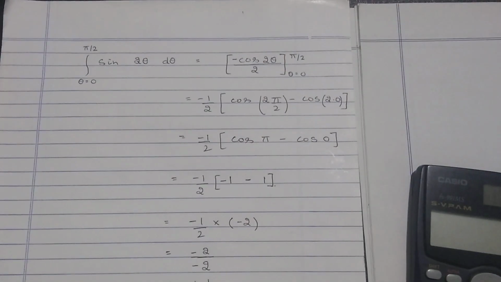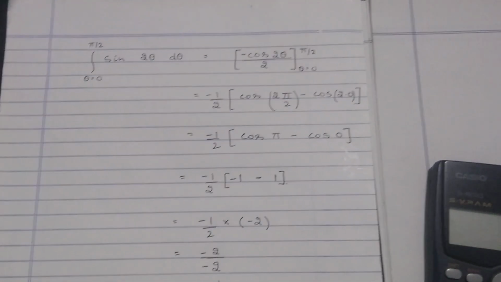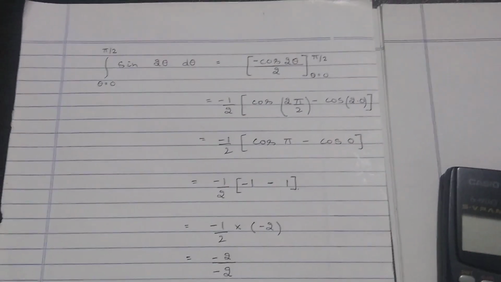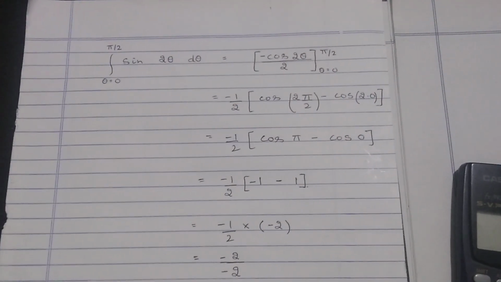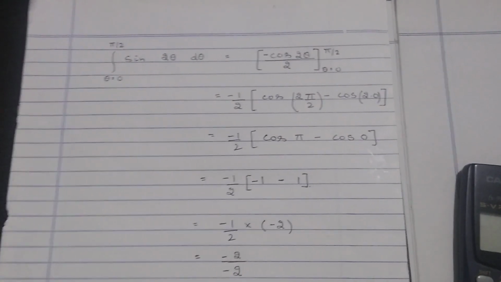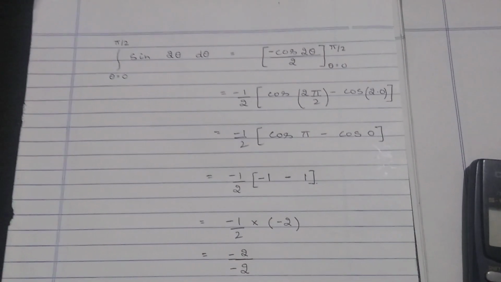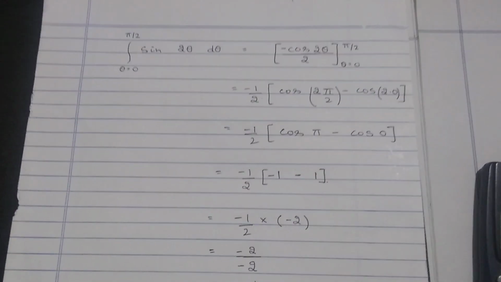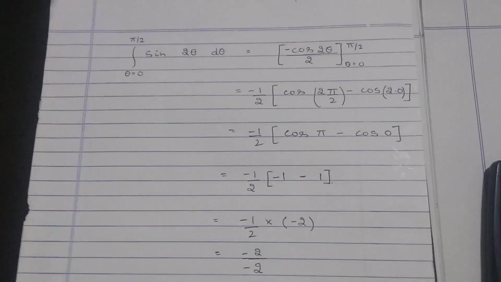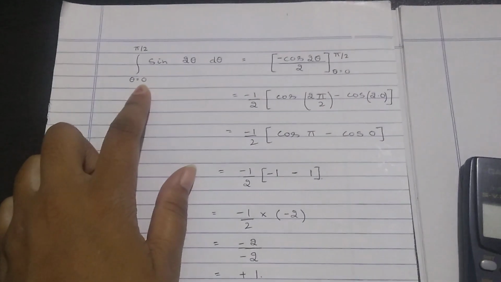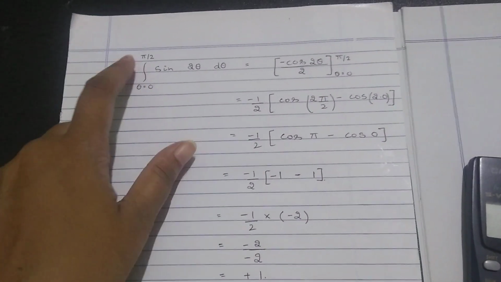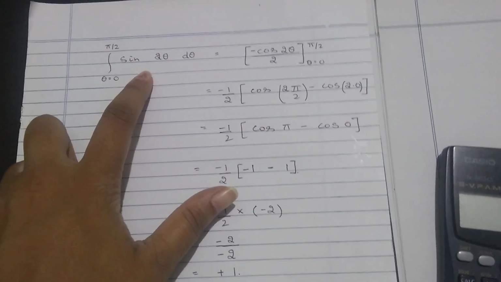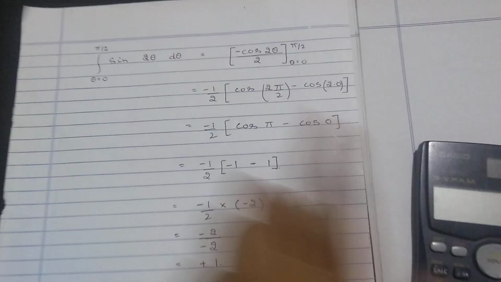In the first part of integration using calculator, we have seen how to integrate a non-trigonometric function in the definite interval a to b. Here we will take an example of how to integrate a trigonometric function within the limits a to b using the calculator. So here I have taken the function sine 2 theta, and the lower limit here is 0 and the upper limit is pi by 2. So this is a and this is b, and the integration variable here is theta.